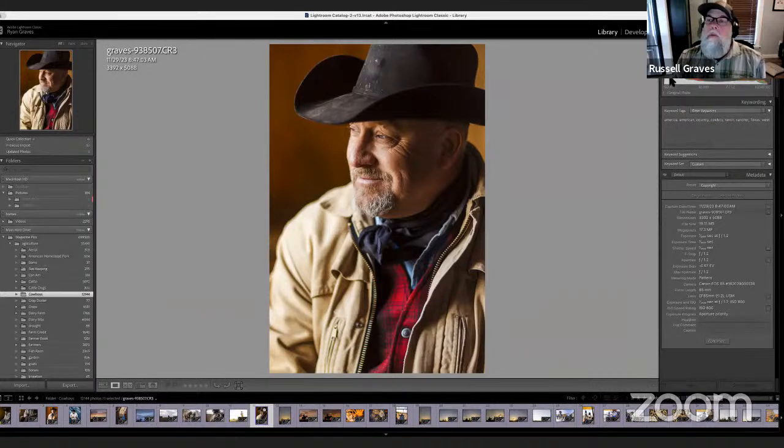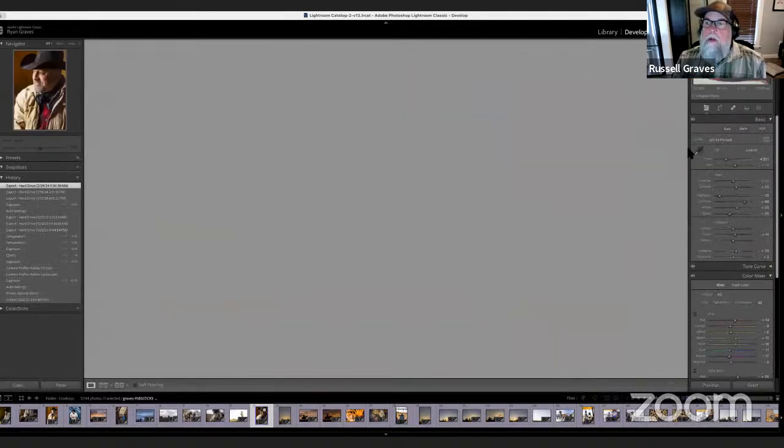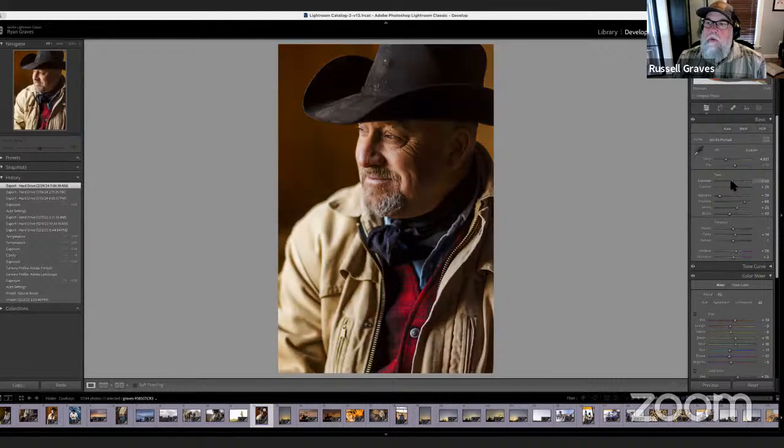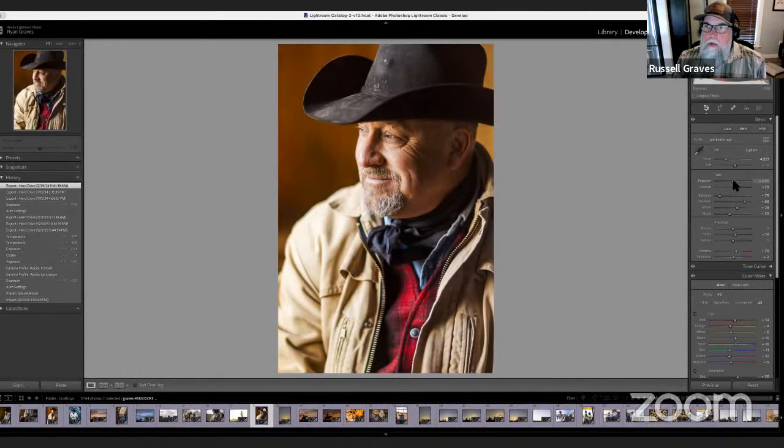And so the one way I use the histogram a lot is on this one. We've got kind of a hot spot there, and I'll use it to help guide me, like if I'm going to go in my Develop module, to help guide sort of where I need the exposure to be. Because if you can see, as I move that exposure too dark, all that stuff kind of starts going off the rails. And so essentially what I try to do is keep